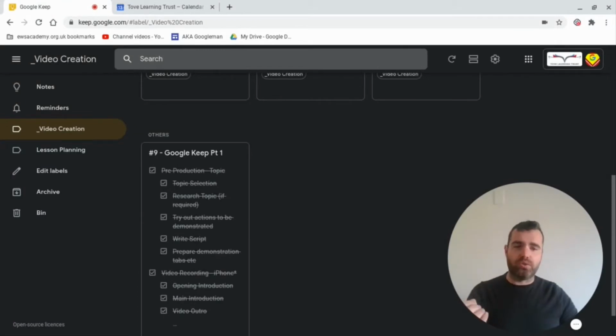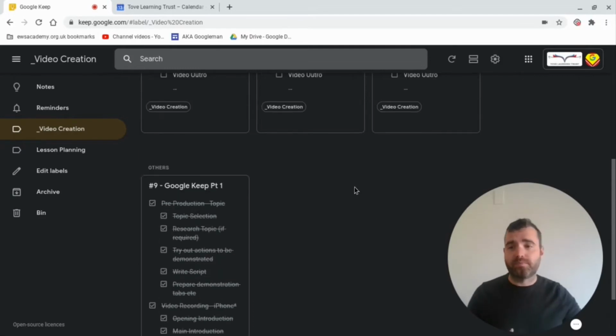What you can also do is change the color of the notes as well. Now, you could do this just on your Keep homepage if you wanted to. Obviously, depending on how many notes you've got, it might start to become a bit more pinned. And again, it will depend on what you use Keep for, because the other thing that I use Keep for is to help with my lesson planning,